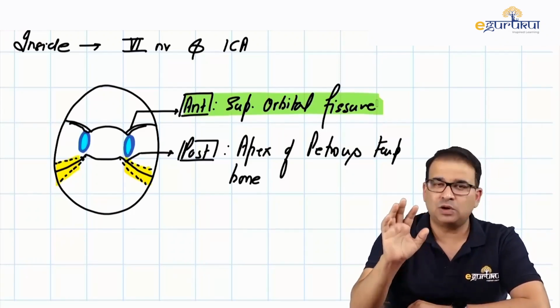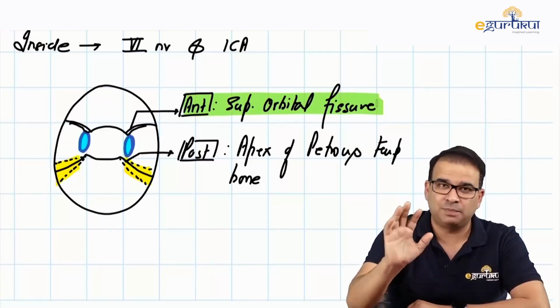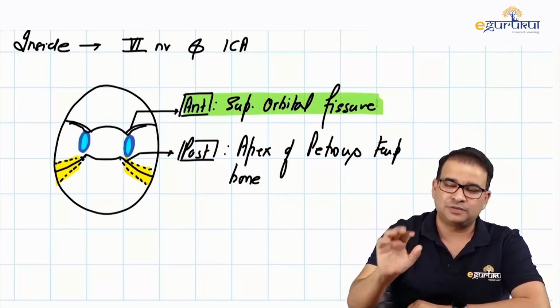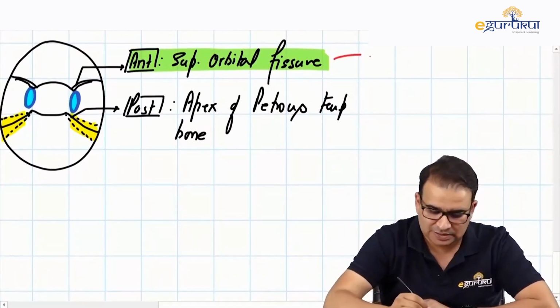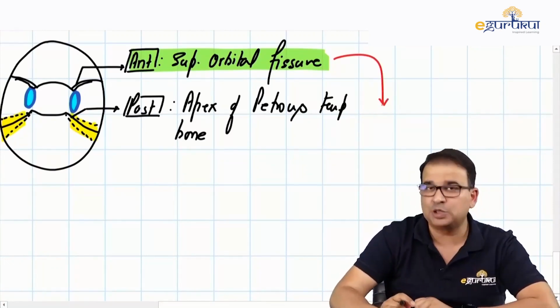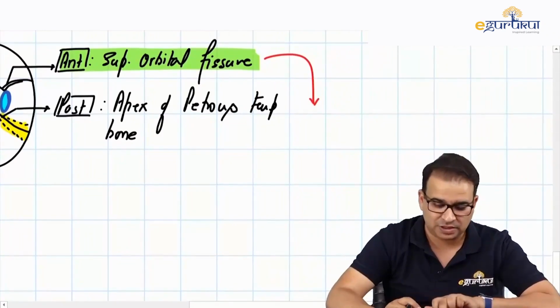And that is what you call as what? Pulsating exophthalmos. You call it pulsating exophthalmos. That is because of the carotido-cavernous fistula. So a clinical that we can understand by understanding that the anterior relation of cavernous sinus is superior orbital fissure is